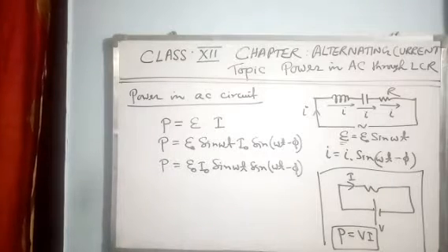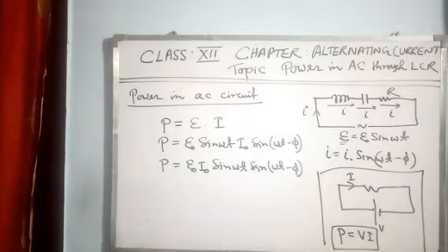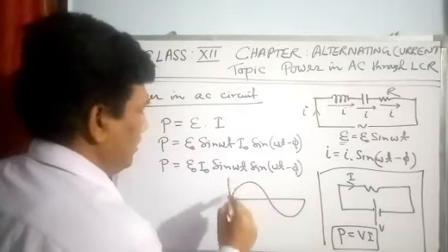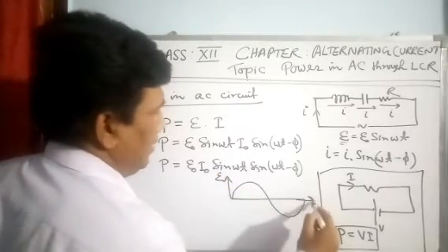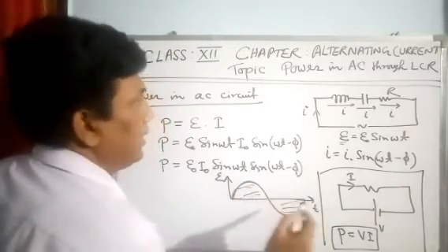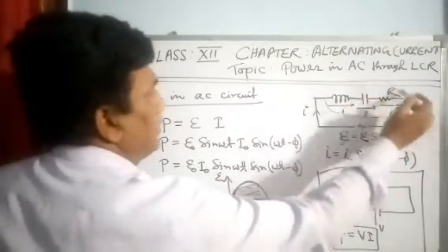Okay, good. But if I want to calculate the average power for a long time or for one complete cycle, so this is the AC signal. For one complete cycle, what is the power delivered total altogether? What is the power delivered through the components?